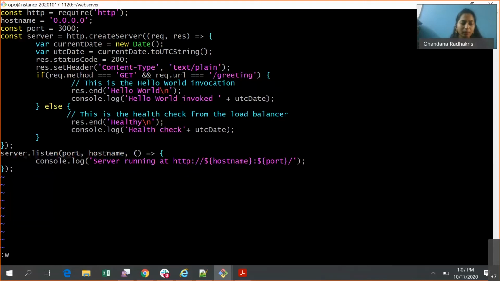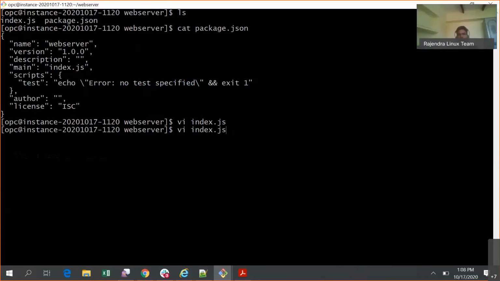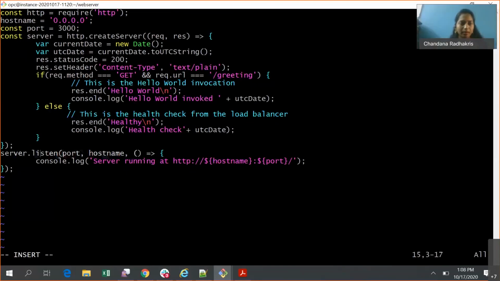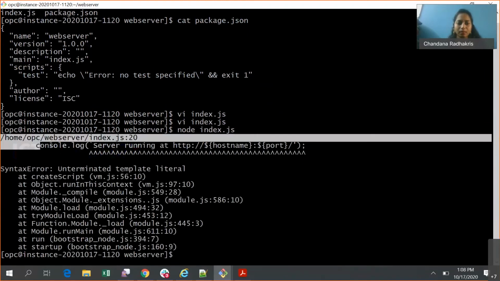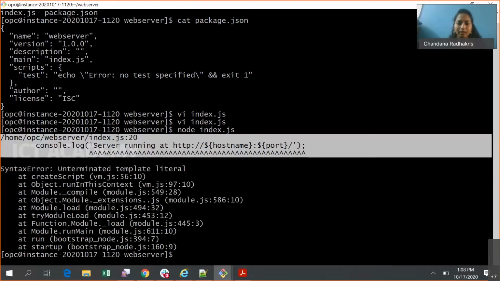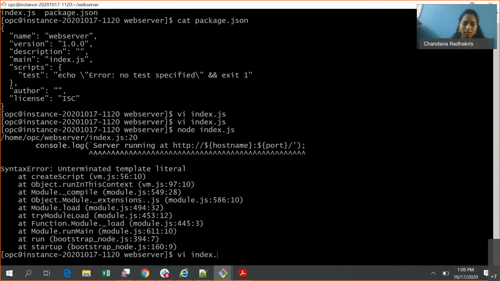Then you can save your file with escape :wq. For example, if you have any mistake, let me make a mistake here. The command doesn't run. It will throw you the error. To fix that error,